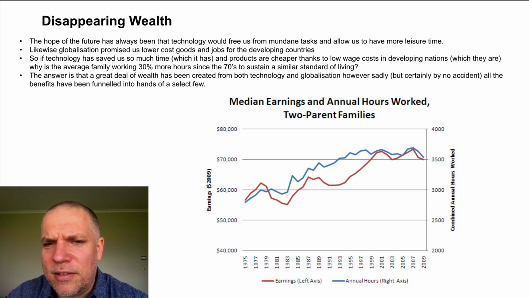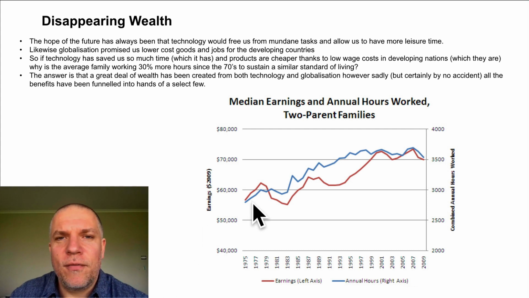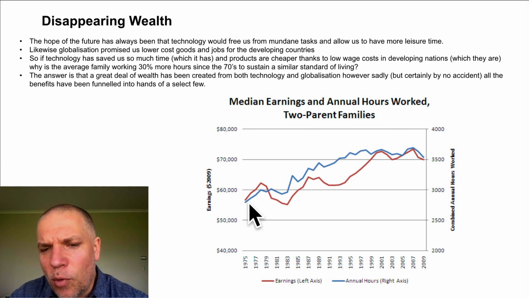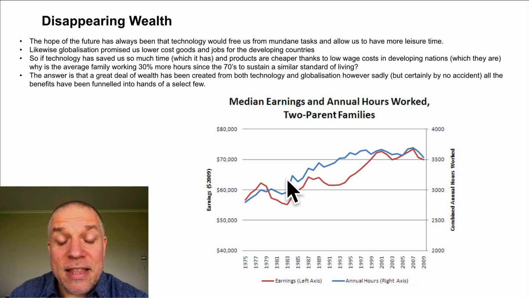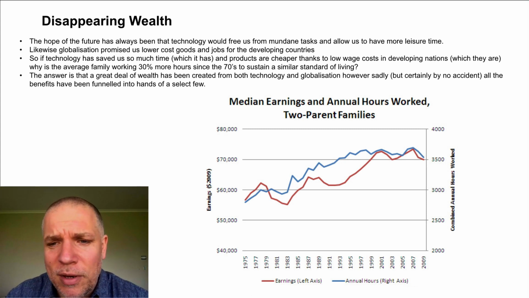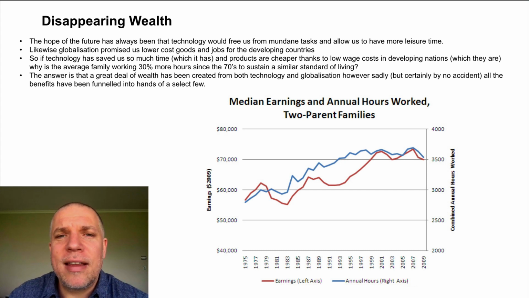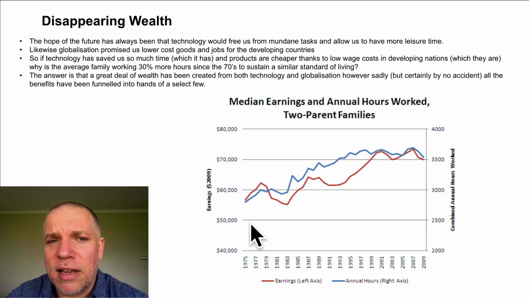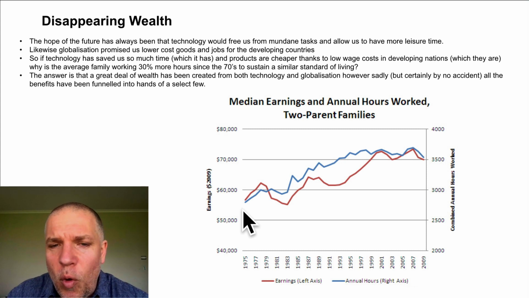So if all this was going on, these two effects, and they were genuine effects, why is this chart showing what it's showing? This is showing that since essentially when the gold standard was broken in the early 70s, you've had working families, two-parent families, working 30% more hours. And for what? I mean, really, the living standards haven't improved. In the 70s, we still had cars, we still had electricity and gadgets, albeit simpler ones. But really, the quality of life, holidays, it was all very similar to what it is now in many regards.